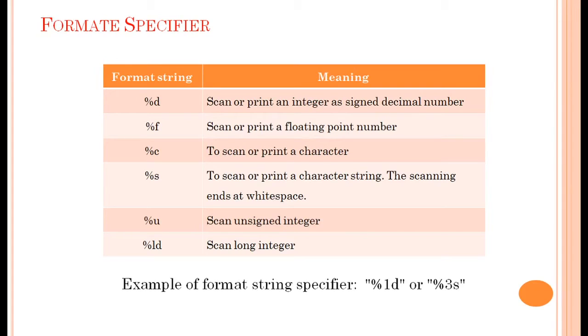Format specifiers start with a % operator followed by a special character for identifying the type of the data. See here, suppose our first format string is %d. So it will scan or it will print an integer as a signed decimal number. Similarly, %f. We already have gone through %d and %f,